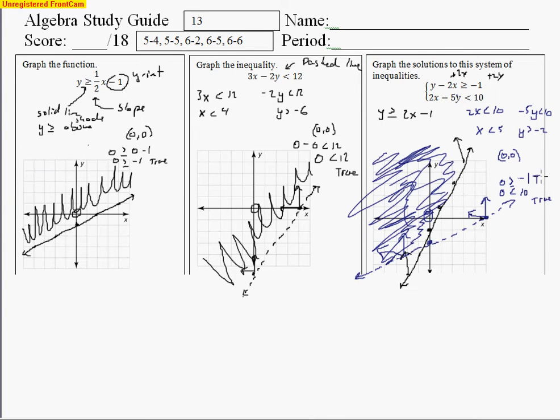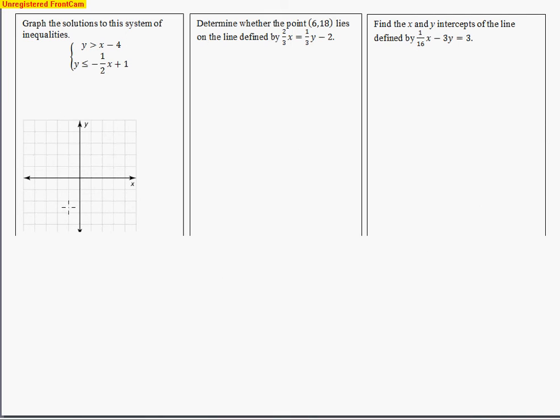When it's true for both, that means yes, we did end up shading in the correct region. Let's take a look at the next problem. We have another